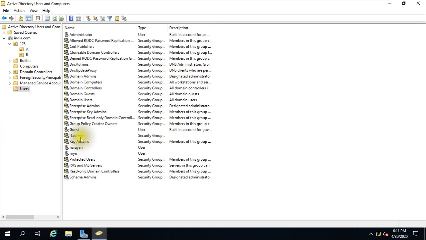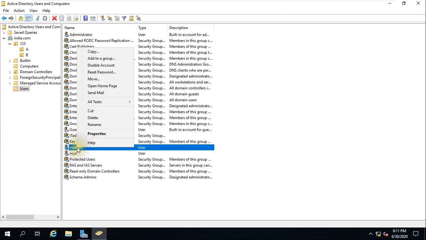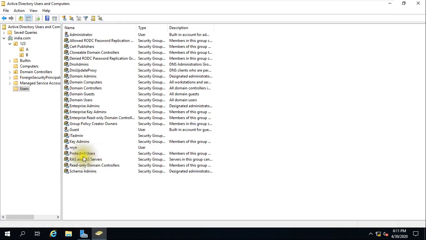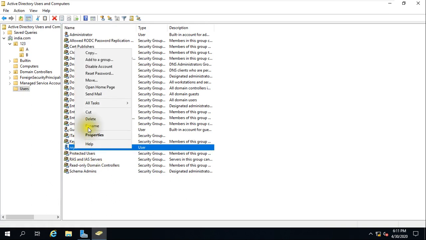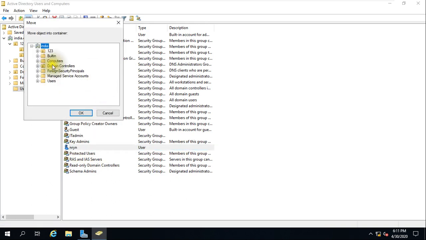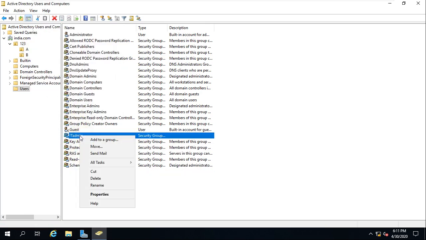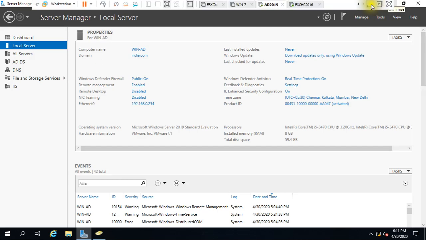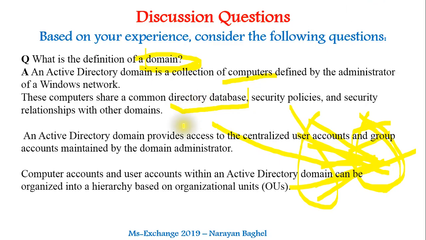I have one user here, so I can move this user to the A organizational unit, and I have one more user, which I move to B. So it is very easy to manage all the users and computer accounts in a hierarchy based on organizational units. That is all provided by the domain.